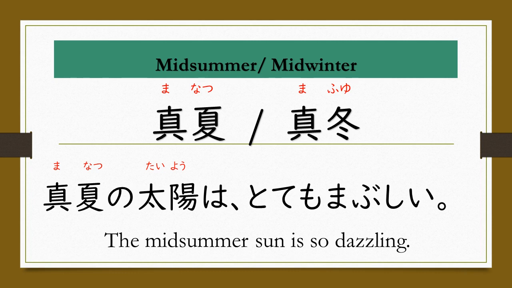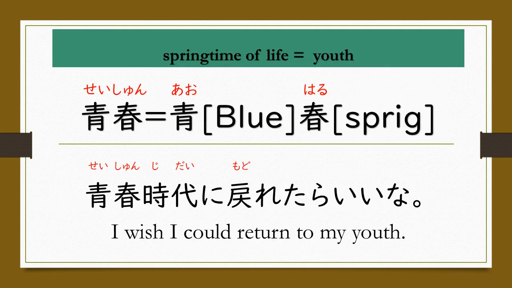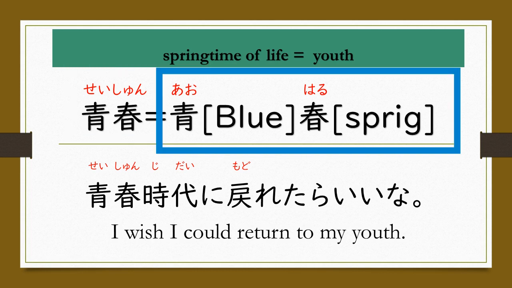dazzling. とても眩しい。真夏の太陽はとても眩しい。Next, hibernation means winter sleep for animals. 冬眠。Expression. 白熊は冬になると冬眠します。The polar bear hibernates in winter. 白熊は冬になると冬眠します。